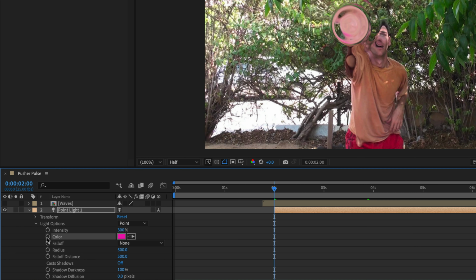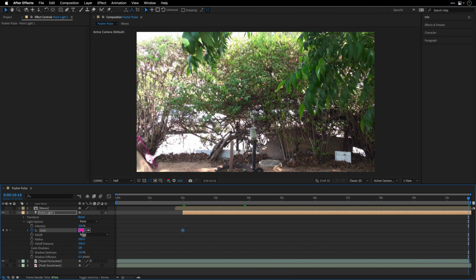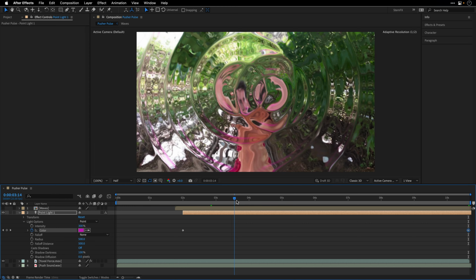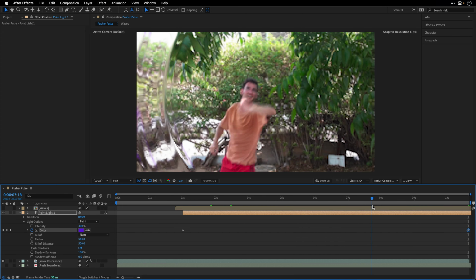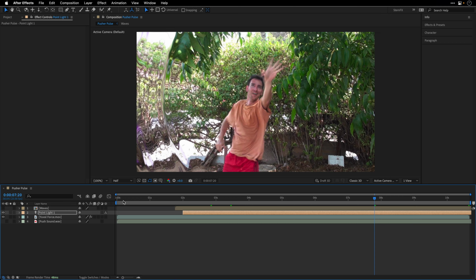So let's go over here to the beginning, create a keyframe. You can already see how this works. And towards the end, I'm going to click and change the color to a very saturated blue. And this means that we'll have nice colorization for those ripples. All right, the last thing that I want to do is exaggerate the ripple distortion as well as color correct